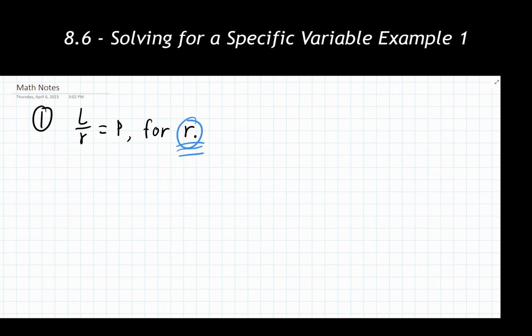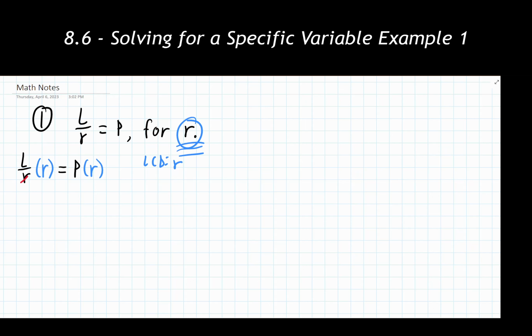So I'm going to use the one that's similar to what we did previously, which is I'm going to identify the lowest common denominator between everything in this problem. So the LCD for this is going to end up being r. And I'm going to multiply both sides by that lowest common denominator. Again, my intention with doing this is specifically to get rid of all fractions in this problem, and then I will solve for what's left over.